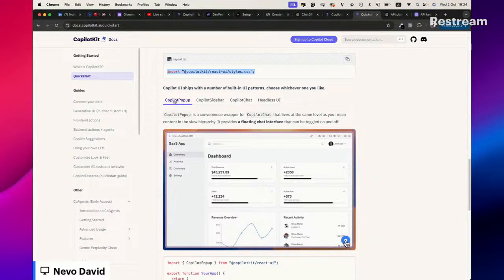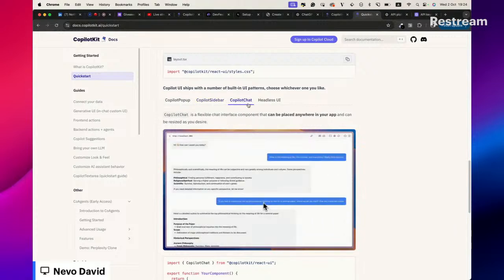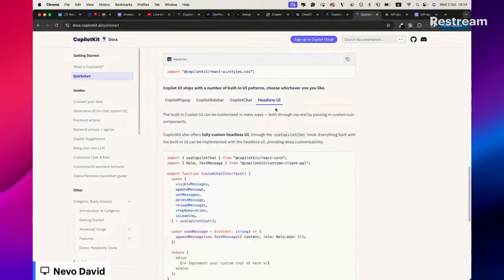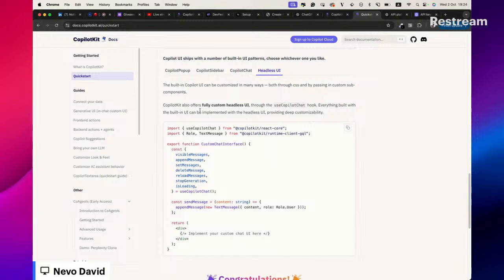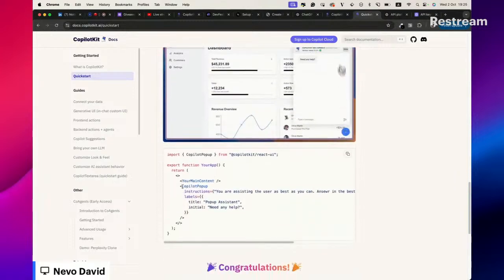We have the pop-up. You see, this is the pop-up that opens like this. You have the sidebar that opens to the side like this. You have the chat, which is like your entire screen is a chat. And headless UI if you want to build a UI yourself. So I think we will just go with the pop-up. It's really nice. So all I need to do is just copy this pop-up